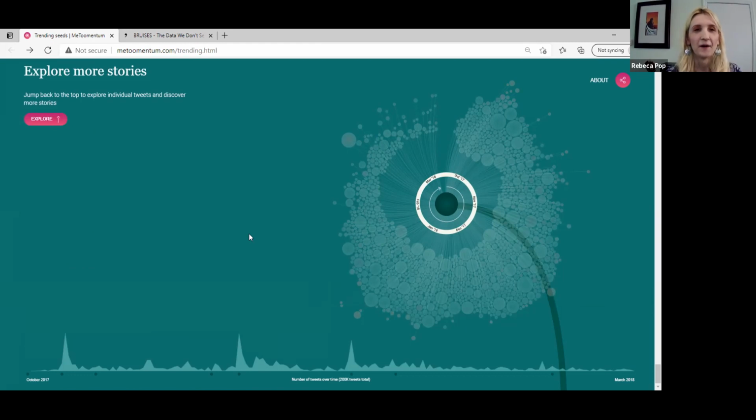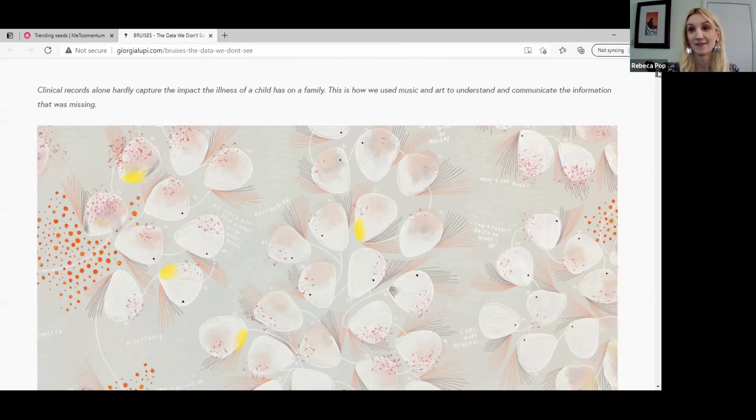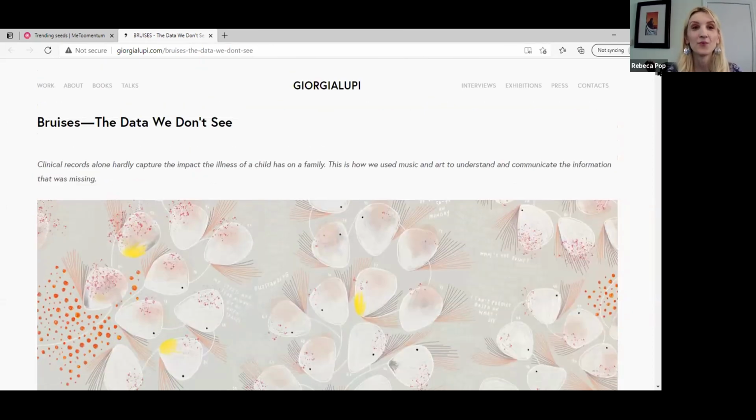Then I have another one, which falls under beautiful. This is by Giorgia Lupi, who's also, just like Valentina Di Filippo, an information designer. She combines art, even more so I would say than in the other visualization, with data visualization or with information visualization. So this visualization also has flowers, a different type of flower, and it's about bruises, and it's called The Data We Don't See. And the guiding factor for creating this visualization for her was the fact that clinical records